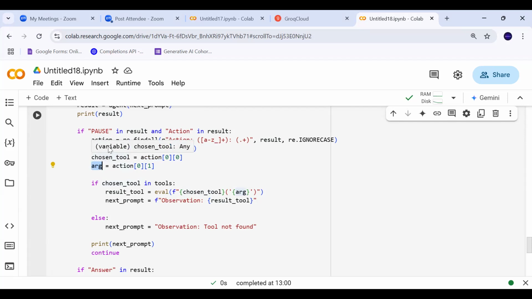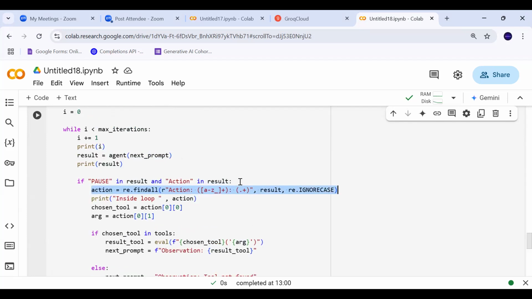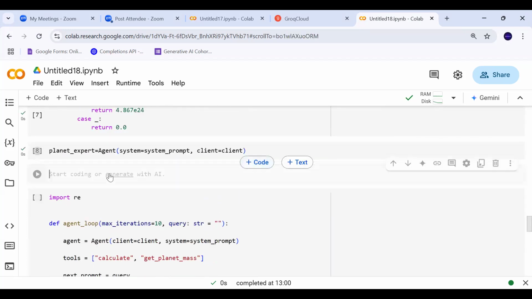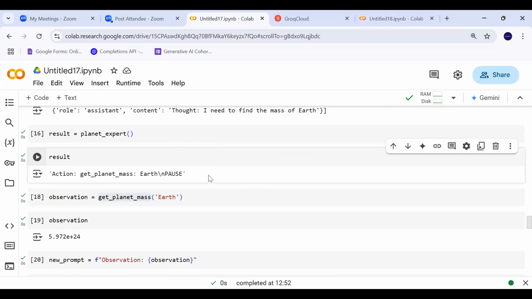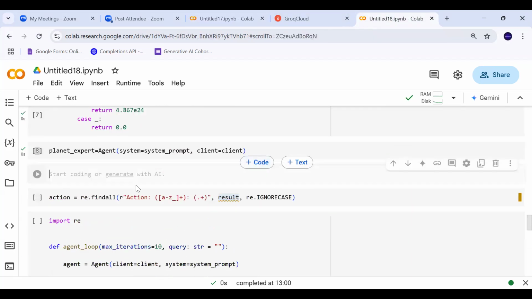Let me do one thing in order to explain how it is working. Let me show you how it works. Let's say I take this thing. This was the result, right? Copy, create another line. We'll say my result is equal to this thing. I'm just trying to show you how this regular expression will work.